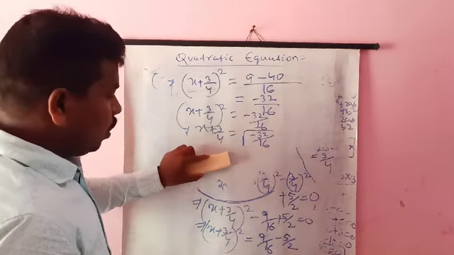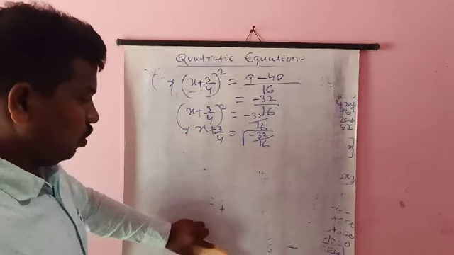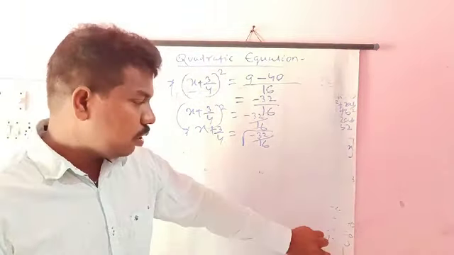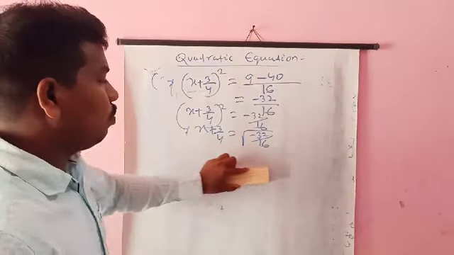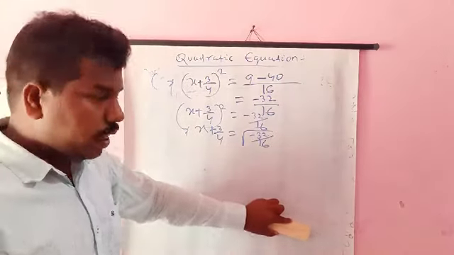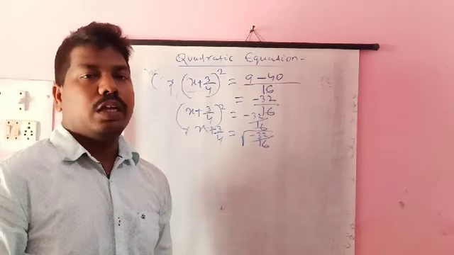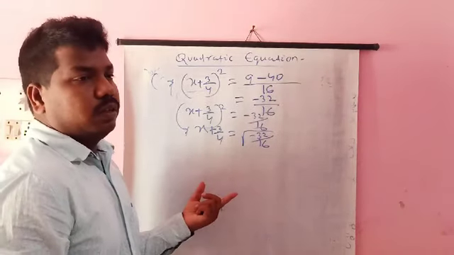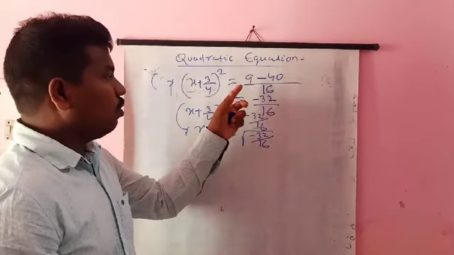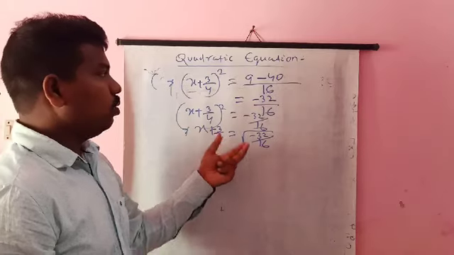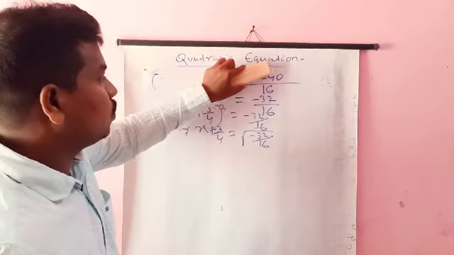So this is the way to find the quadratic equation solution by using the complete square method. First we have to convert the quadratic polynomial into standard form. Standard form means ax square plus bx plus c equal to 0. Then in the next step we make the coefficient of x square equal to 1 by dividing or multiplying all terms. Then we use the perfect square method to find the complete square method solution. So this is the way for finding the complete square method solution.